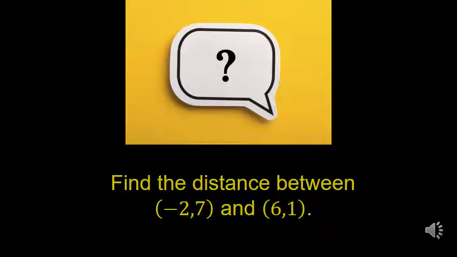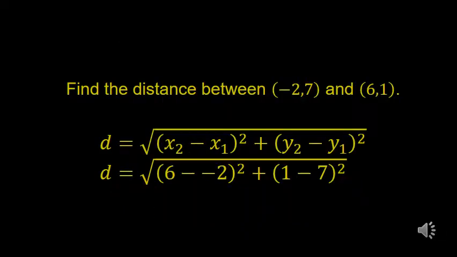We're going to look at a couple of kinds of problems that involve the distance formula. The most common, and really the easiest, just say this. It says find the distance between a couple of points. Here we've got find the distance between the point negative 2, 7 and the point 6, 1. This would be saying if I graph those points and I measure diagonally, exactly how far would that be? So of course we've got to haul out the distance formula. I've got to subtract my x's and square, subtract my y's and square, add them up and do the square root. And you notice I plugged in here, I've got the square root of 6 minus negative 2 squared plus